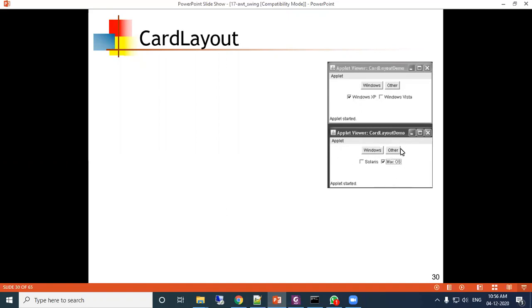When you click on Other it shows Solaris and macOS. When you click on Windows it shows Windows XP and Windows Vista. So when multiple cards, multiple screens are overlapped one by one, and at a time you want to show a particular screen, then that layout is called card layout.